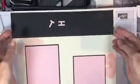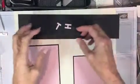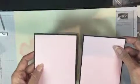Okay, I am back. While I was doing that, the other thing I did was I took my letters and I added tiny dots of glue, if you can see them on there, and then I set them aside to dry. This will allow them to be sticky and make it easier for me to work on my title. I also mounted my pink pirouette onto my basic black, and as you can see, I've got 2.5